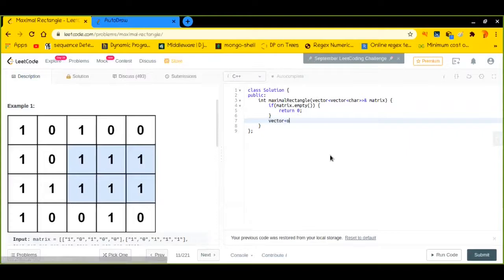As I have told you, we do need an integer matrix. Okay, so now let's call it mat. Obviously it is going to have the same configuration as the base matrix has. So let me quickly write it down. Perfect. So what we will do is try to pull out each and every value in the form of integers, because whatever you can see in this particular matrix are the characters.